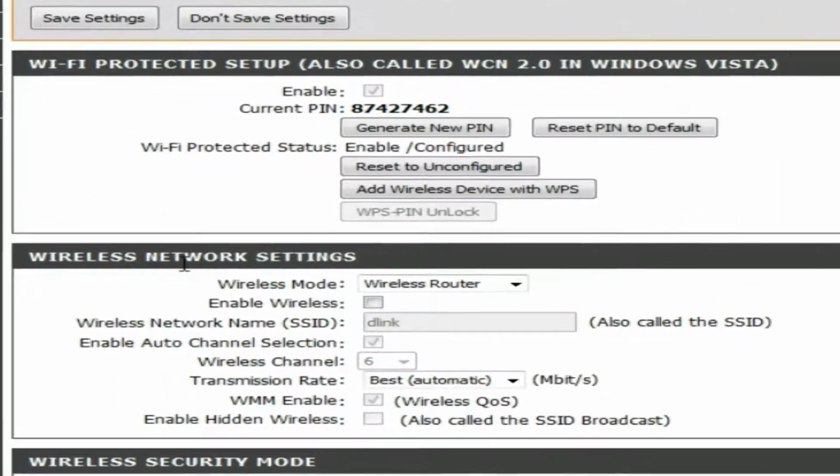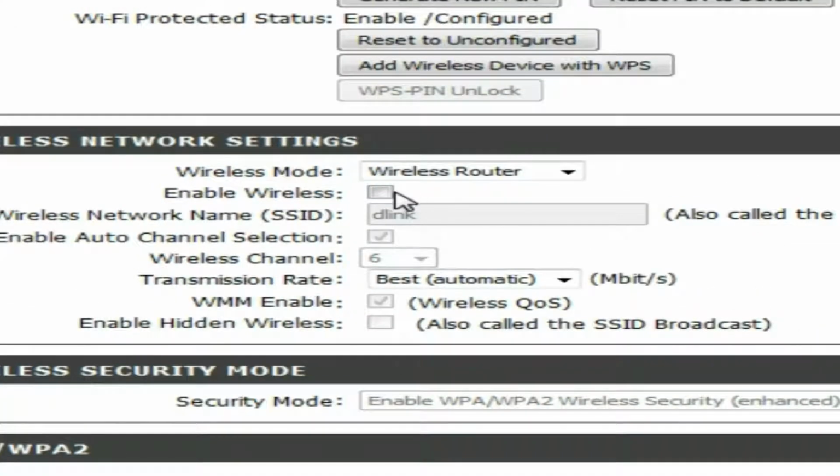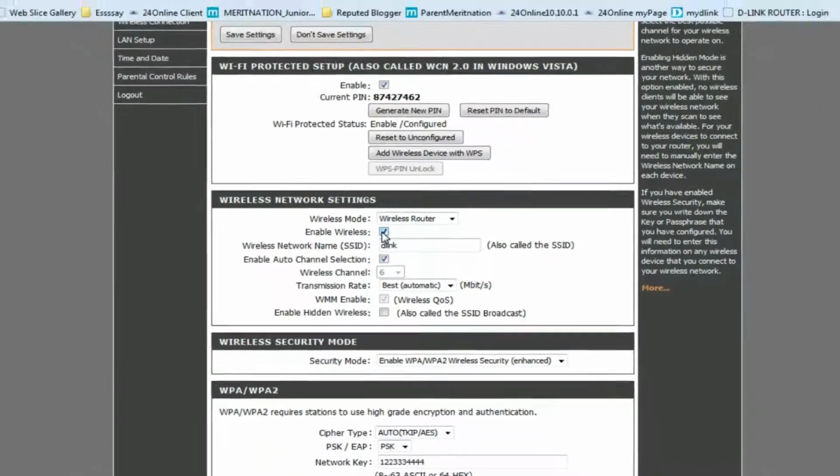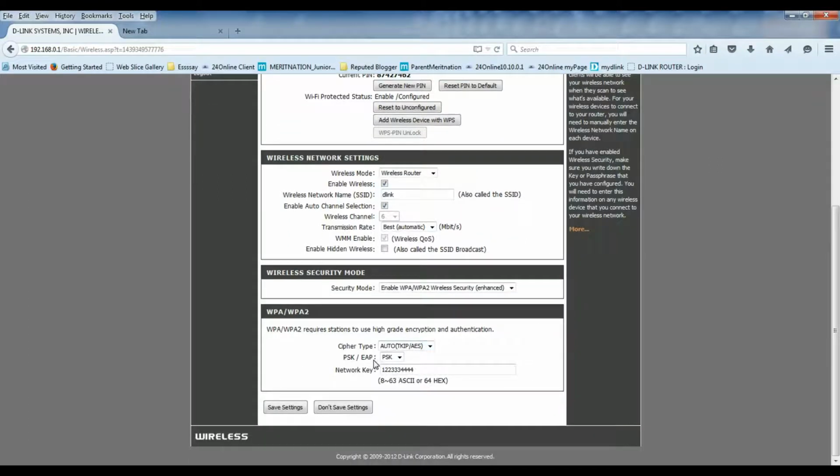Second one is wireless network setting. What I will do, I will only check this box, enable wireless, in the second zone. Okay, then I see that the first one has automatically been enabled and the others also already have their own settings.